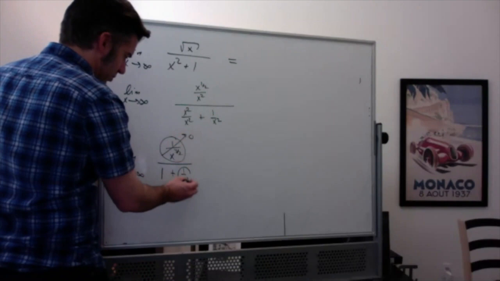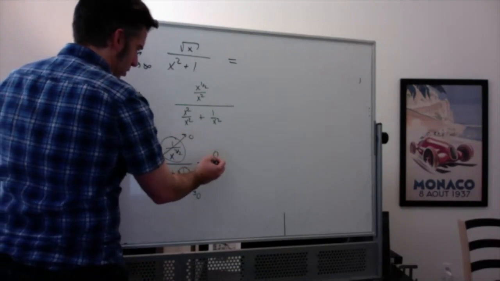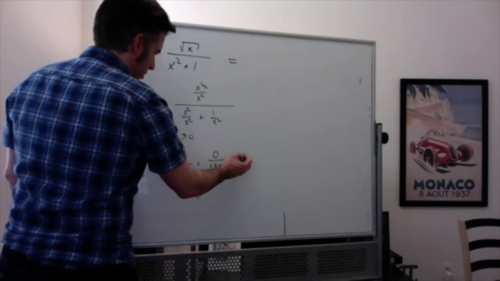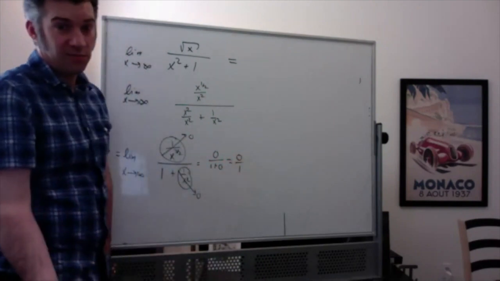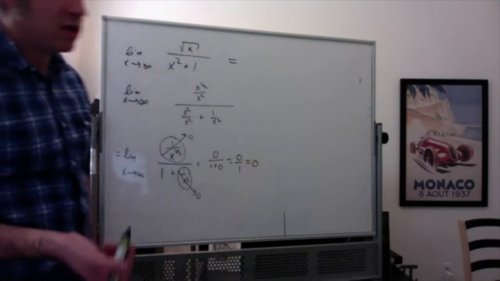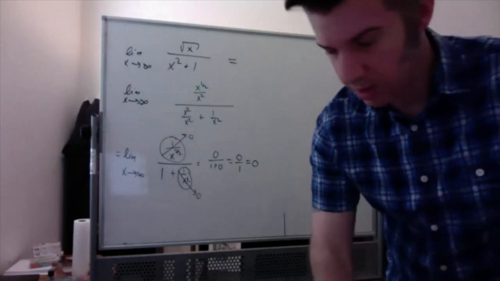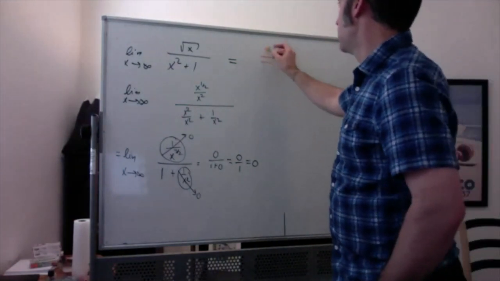And the limit of this, 1 over something that's getting really big, is going to be 0. This is going to be 0 over 1 plus 0, which is 0 divided by 1, which is 0. So the limit here is 0. You also could have used L'Hopital's rule. Right? You totally could have done this as